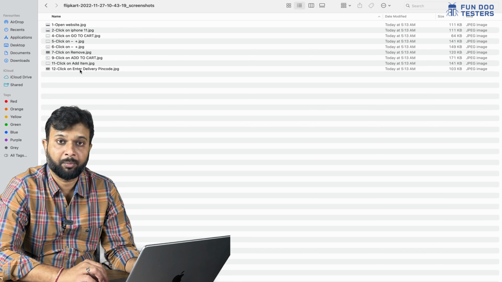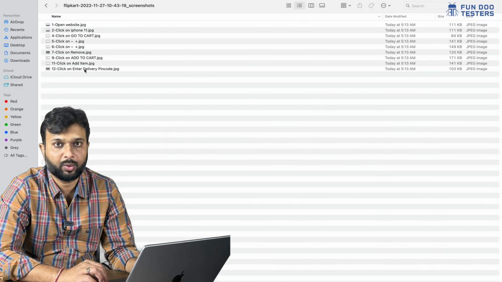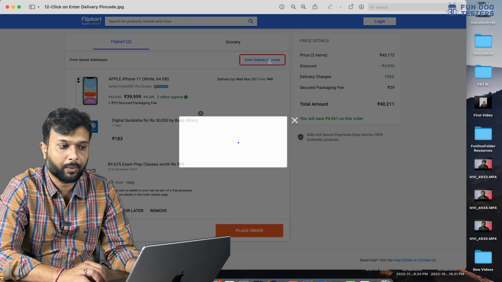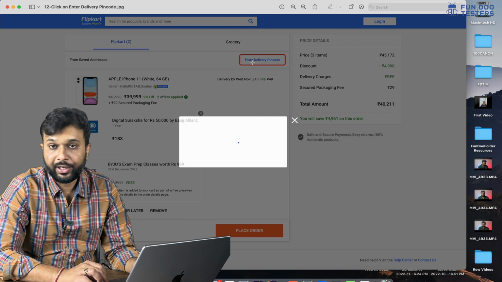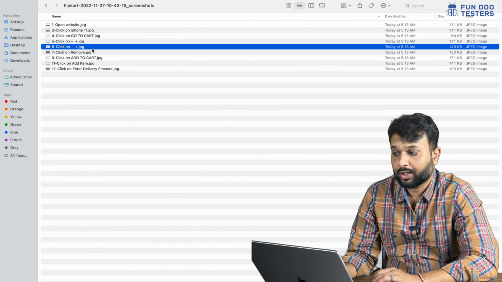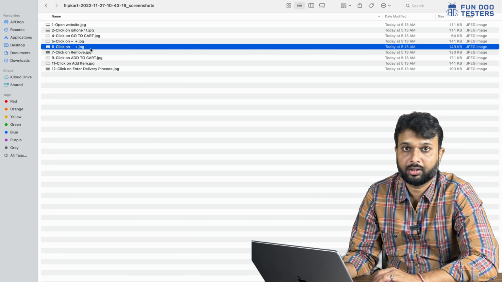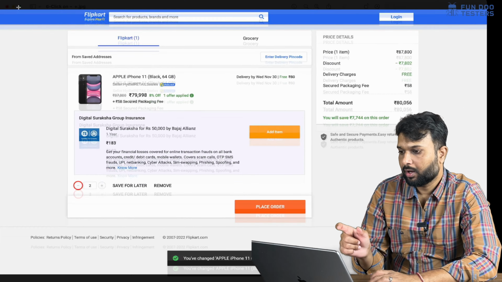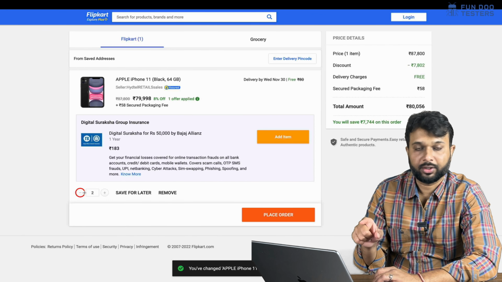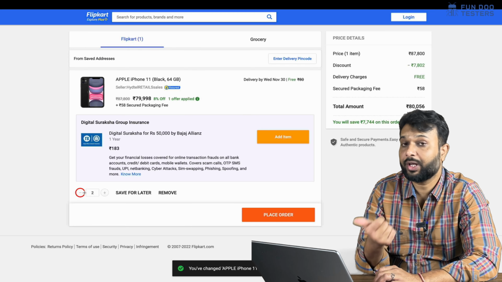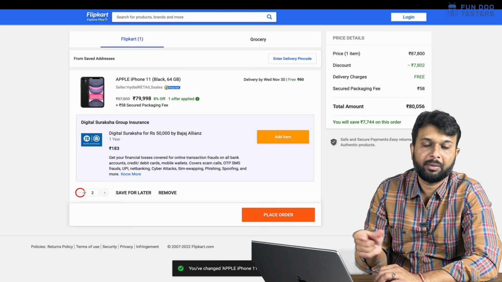And if I am looking for a particular scenario, then I simply need to come to this folder and I can use this particular screenshot. And it is also highlighting whatever the things I'm going to perform. For example, let's say I have clicked on enter delivery pin code, so it has highlighted this. And again, for this I have clicked on a minus button, or hyphen button, to decrease the quantity. So if I click here, we can say it has highlighted this particular button. On particular field or particular button or particular text bar, we have performed any activity, so everything will be highlighted.